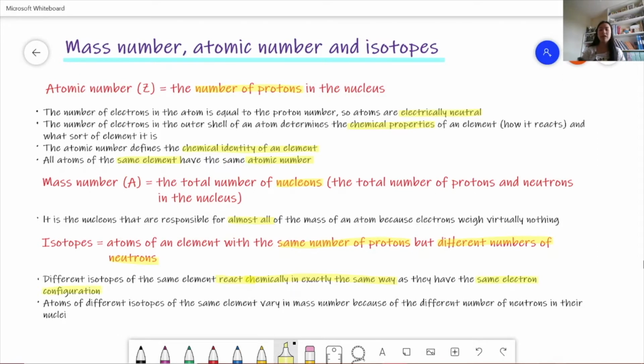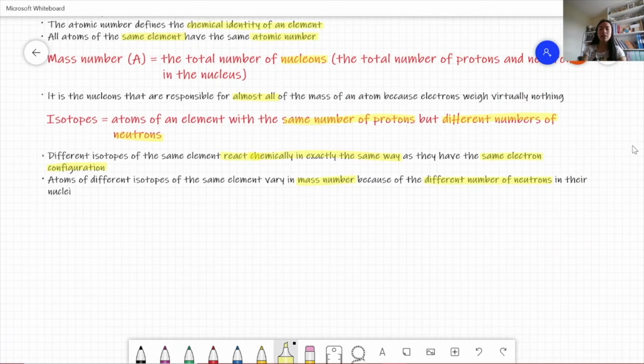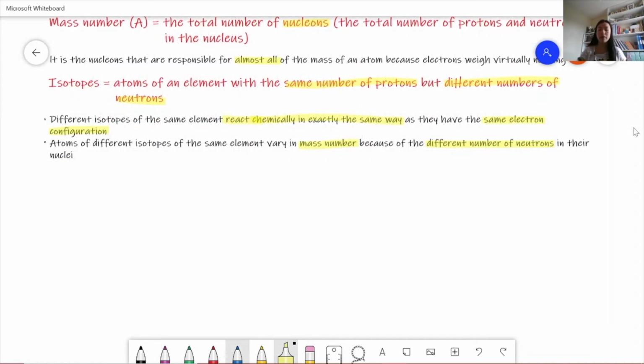And atoms of different isotopes of the same element vary in mass number, because the mass number is equal to the total number of nucleons, so protons plus neutrons. And because they have a different number of neutrons, all isotopes' mass numbers will be different. So for example, if we looked at a general element, so if we called this general element X,